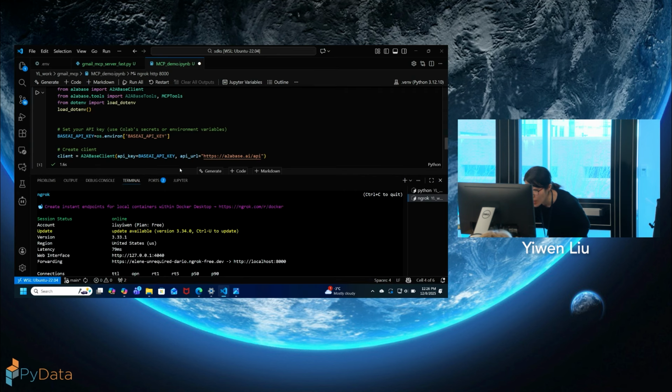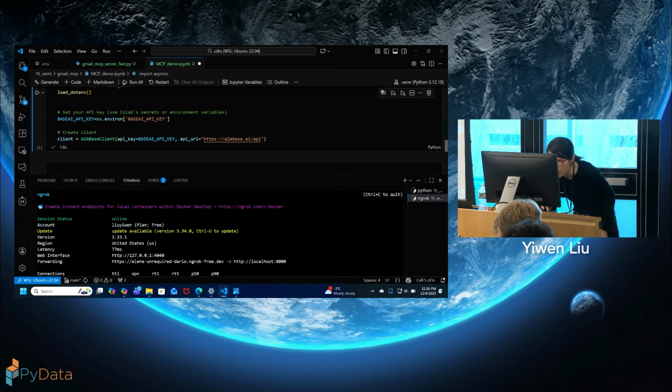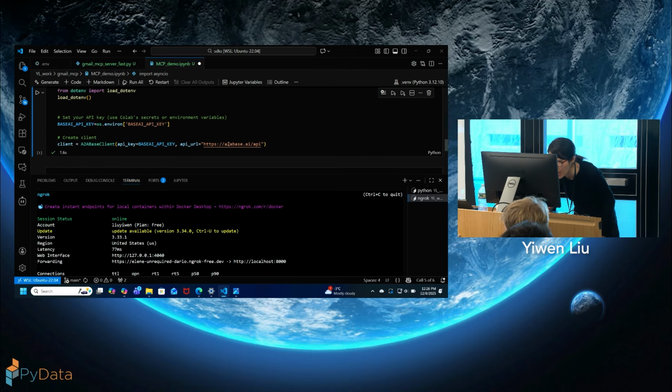Yeah. So I already created the API key, and so I can show you the code. The code is very straightforward. You just put in your base AI API key and have the URL here.